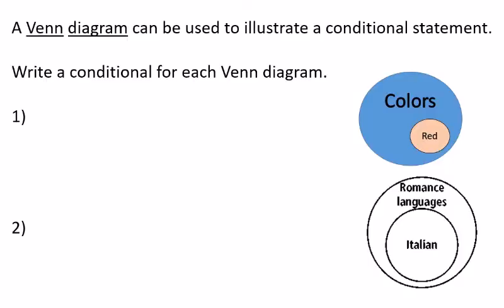All right. So a Venn diagram can be used to illustrate a conditional statement as well. So let's see if we can make sense out of this and write a conditional statement for these Venn diagrams. So this Venn diagram here, we have colors in the larger circle, and then we have red in there, right? So basically red is a color, right? So we can say